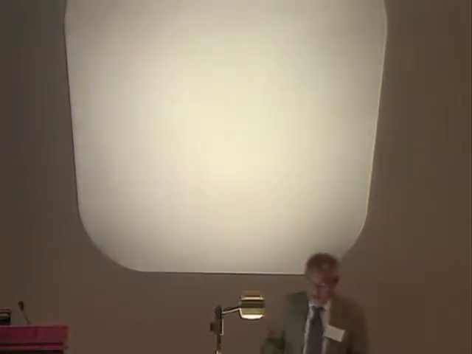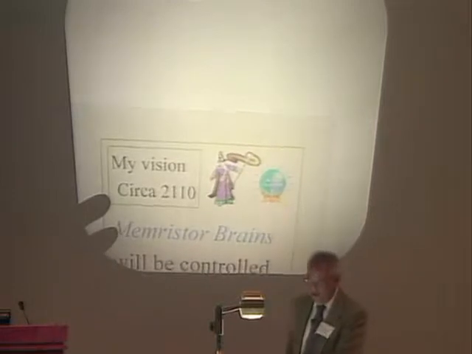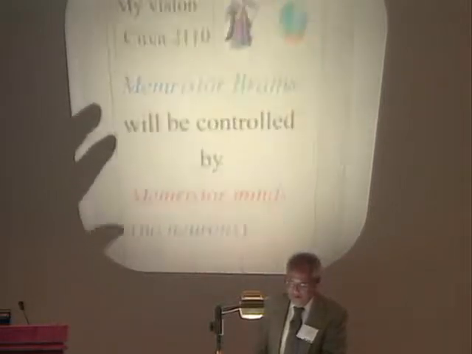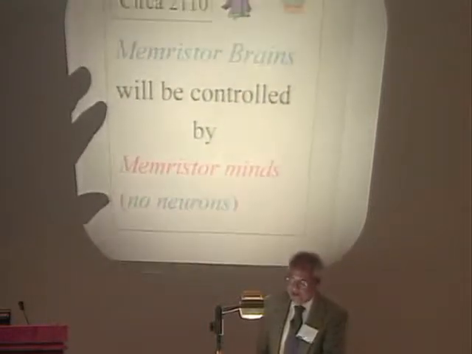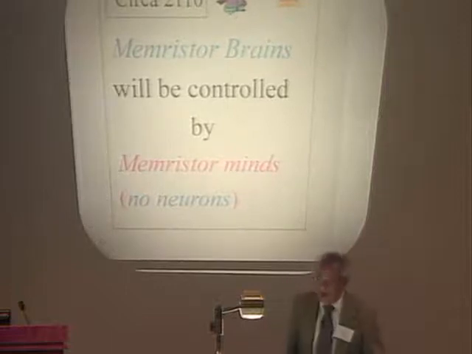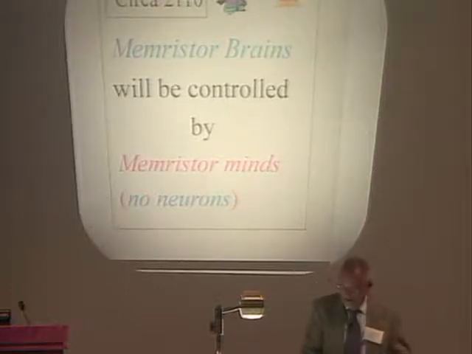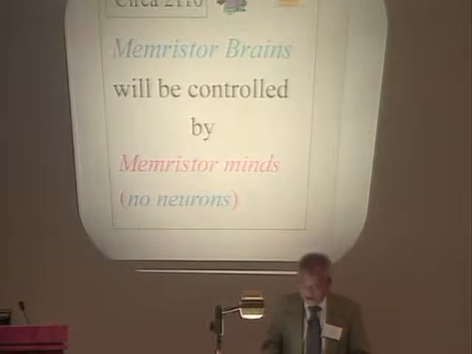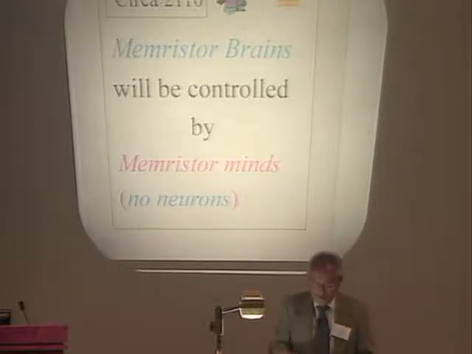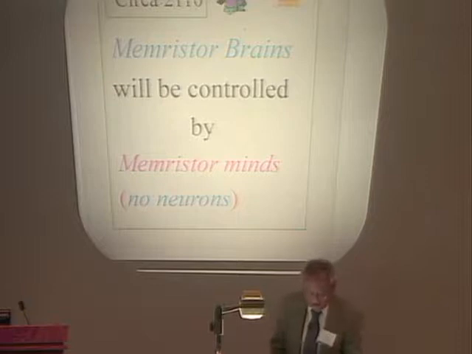And so I have a prediction. I call it my vision 100 years from now. I would claim, in my crystal ball, that Memristor brains will be controlled by Memristor minds. Memristor minds have no neurons, okay? And so the brain, remember, is just the hardware, okay? And